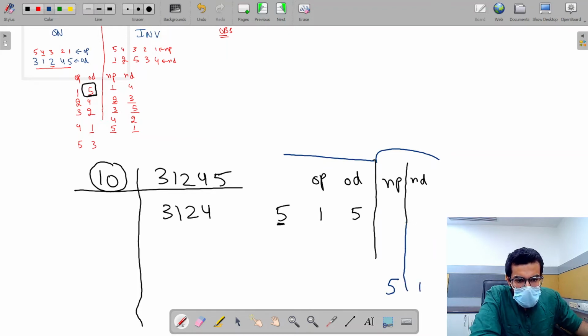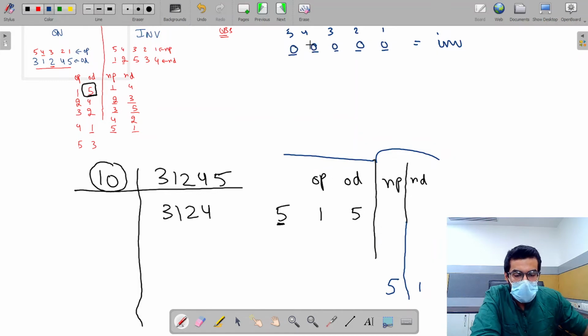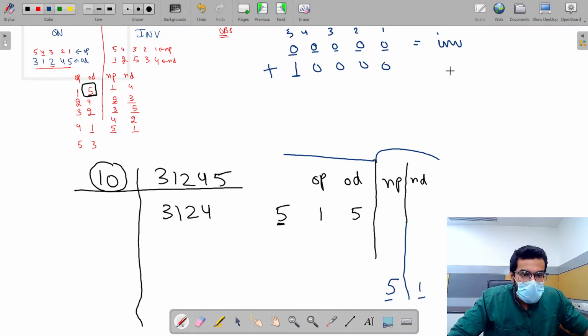Now carefully see one thing over here. If I initially write that the value of inverse is nothing but these are the 5 positions, 1, 2, 3, 4 and 5, and on each position there is 0. So I am saying that initially the value of inverse is nothing but 0. And now if I want on the 5th position the digit 1, I have to write 1 over here. And if I want the value of inverse to now have 1 on the 5th position, can I say that I add 10,000 to it? Can I say that to the initial value of inverse I have added nothing but 10,000?